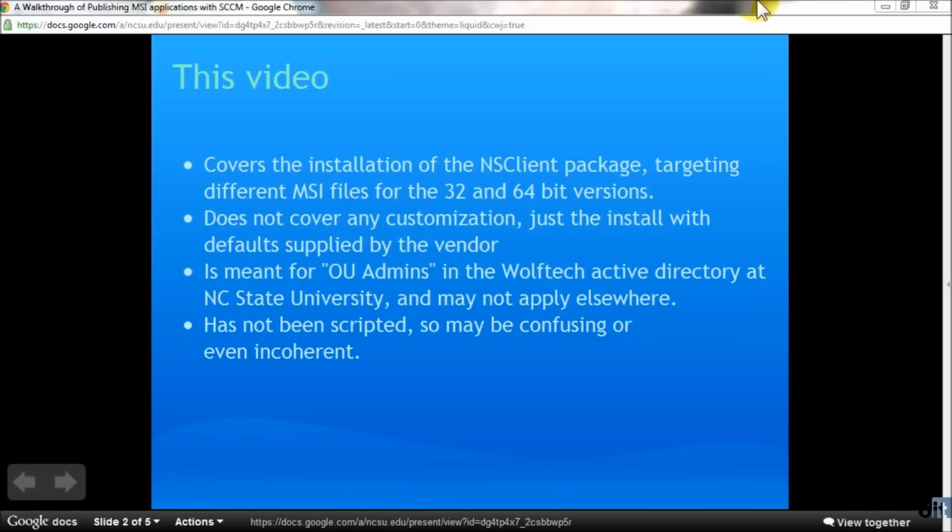own packages. It is intended for OU administrators in the WolfTech Active Directory, so it may not be useful to you if you're not one of those folks. I'm not going to cover anything hard, just a basic MSI install. If you have something that is custom installable silently with an MSIExec or a setup.exe, the targets may be different, but the concepts are exactly